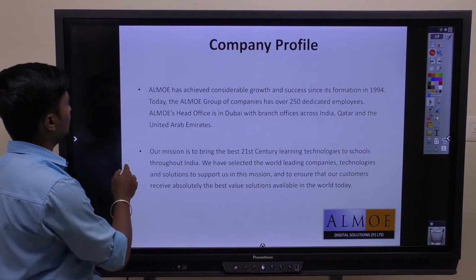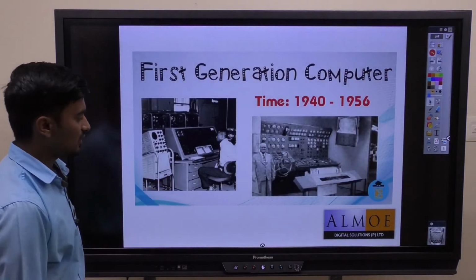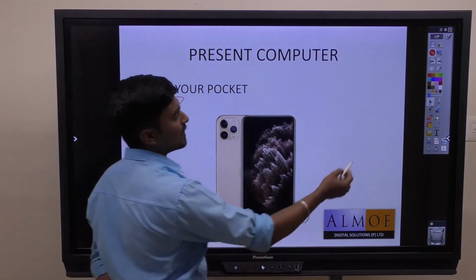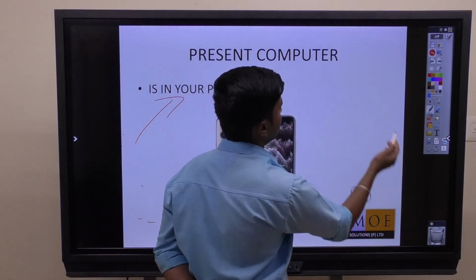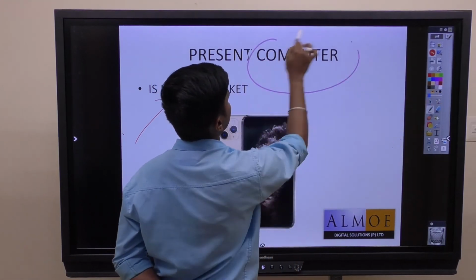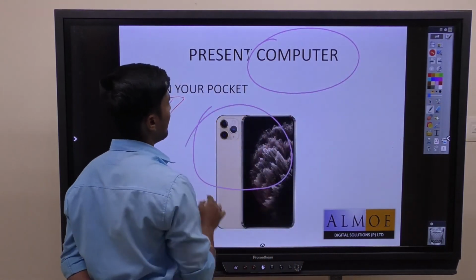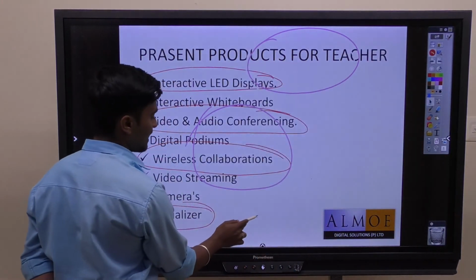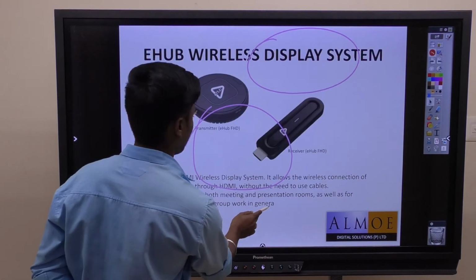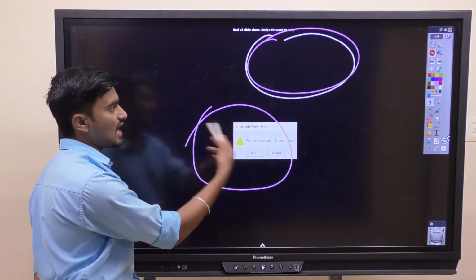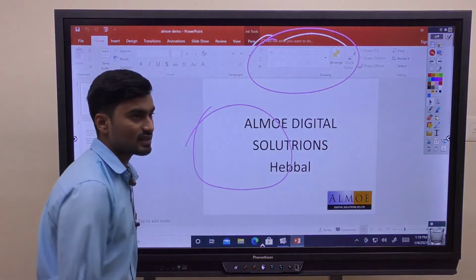One is PPT's default annotation that can be used, and one more is Active Inspire. Just choose a pen and you can directly annotate. For further explanation, you can save the annotations and you can discard them also.